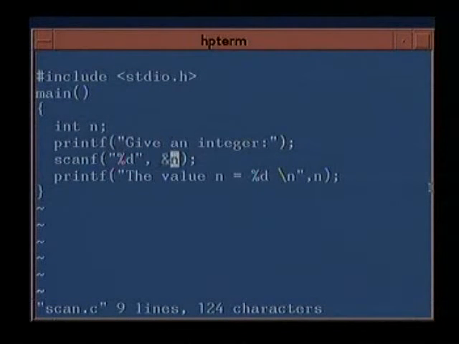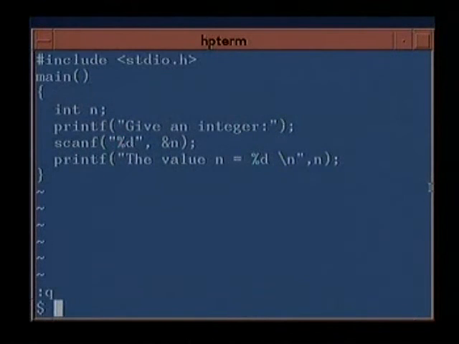Why you have to pass the address of the location n is a question we shall answer a bit later when we come to functions. This is related to the parameter passing rule, and once we come to functions and pass parameters and change variables, we will realize why it is like this in C. So for the time being, let us just know that whenever we have to write a scanf function and we have to read in the value of a variable, we have to pass the address of that variable, and the address of that variable is passed by the &n statement. Any questions?